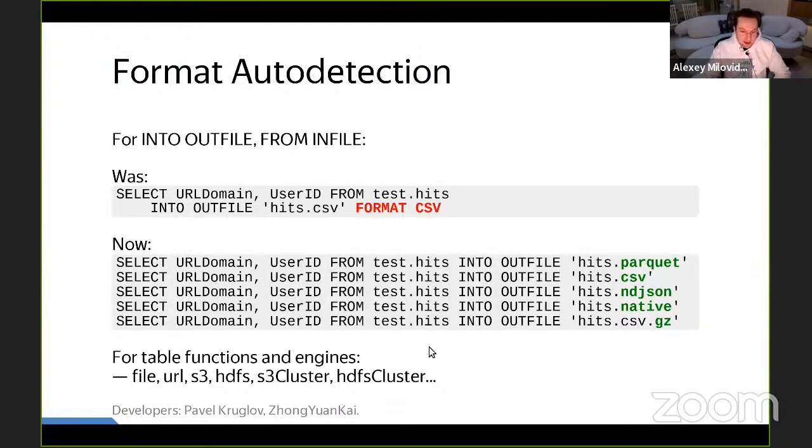And it also works for table functions and table engines. When you use file or URL, S3, HDFS, table engine, whatever, you don't have to specify the data format anymore if it can be automatically inferred from the file extension. So pretty simple and good for usability.